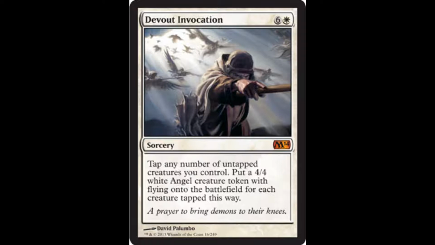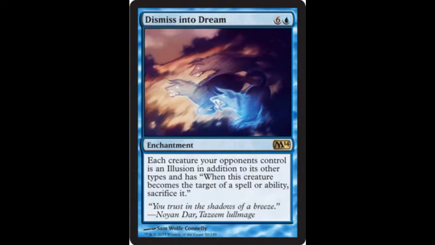Moving on to blue. Blue has a similarly costed card to Devout Invocation. It's called Dismiss into Dream. It's a 6 and a blue enchantment. Each creature your opponent controls is an Illusion in addition to its other types, and whenever this creature becomes the target of a spell or ability, sacrifice it. So